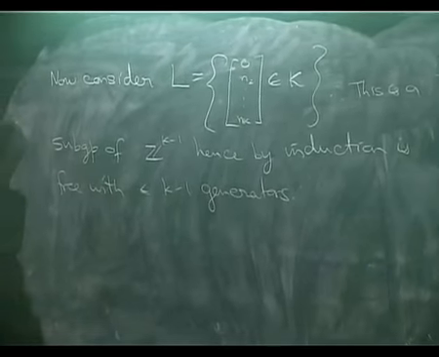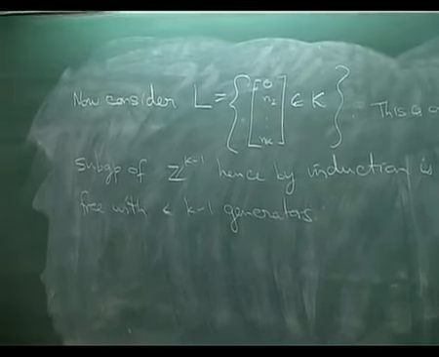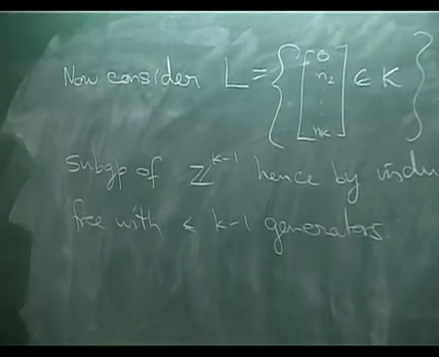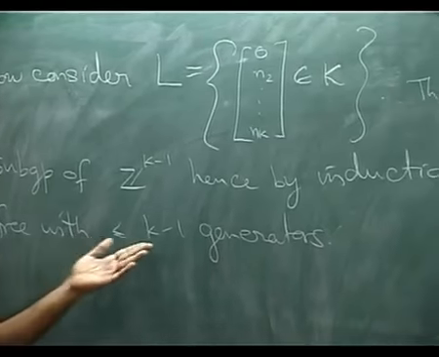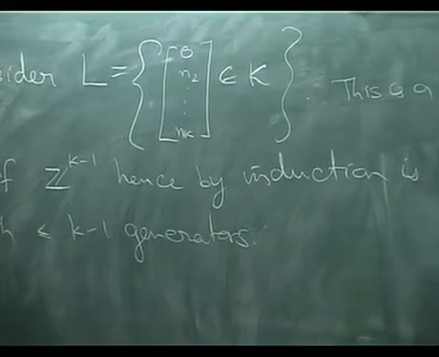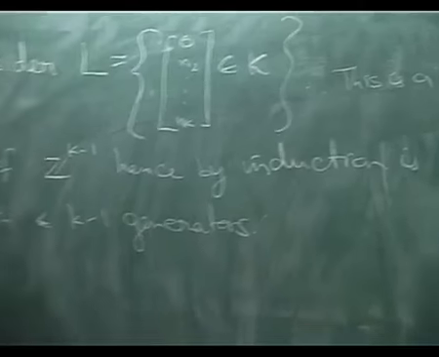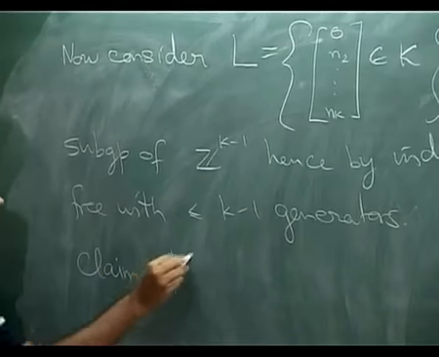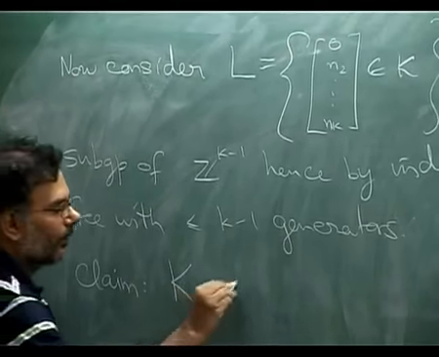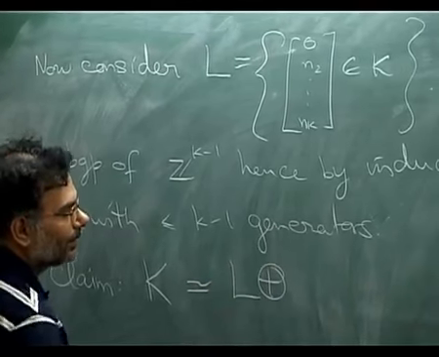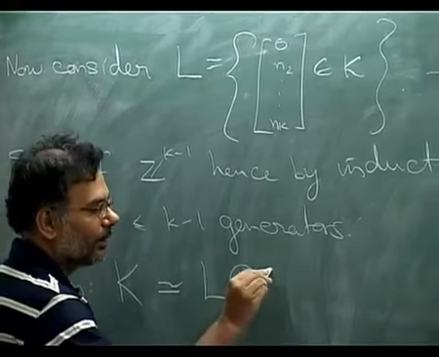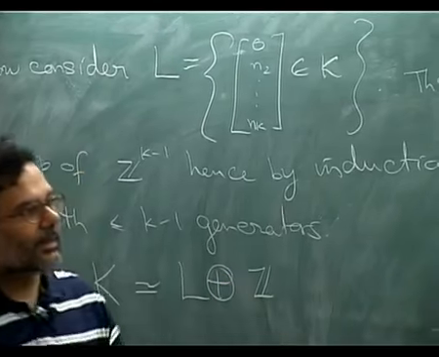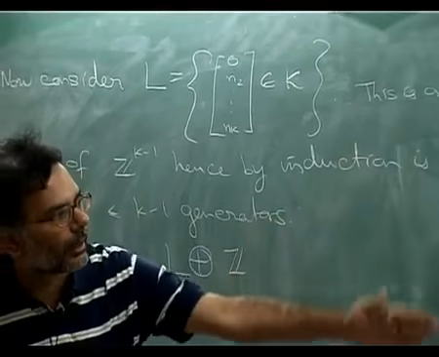So L, which is all elements of K whose first component is 0, is actually a free Abelian group with at most K minus 1 generators. Now my claim is that K is isomorphic to L direct sum the group generated by that single element,